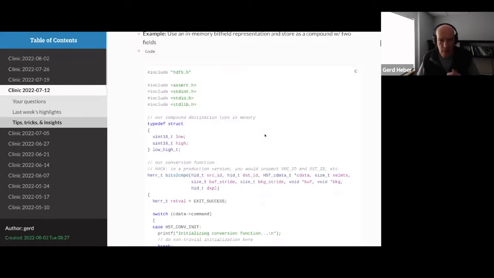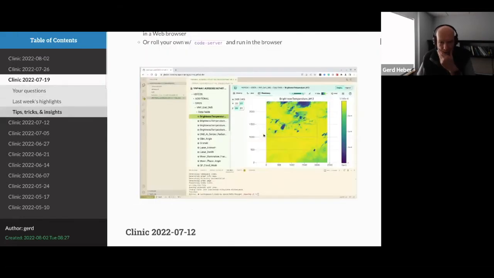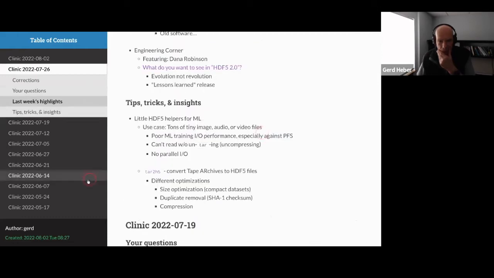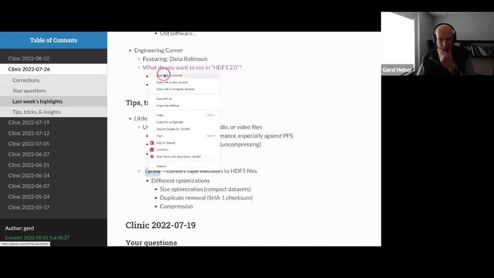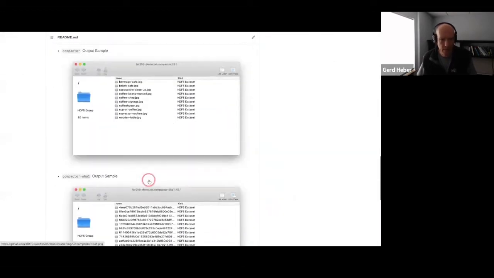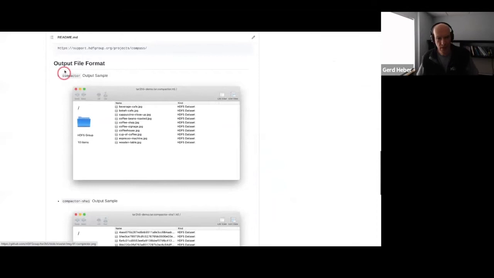Let's see, where did I have that? Oh yeah, here we go. I'm just going to open a new tab and go over there. If you scroll to the bottom, this is the compactor output, and you see it's under the root group.